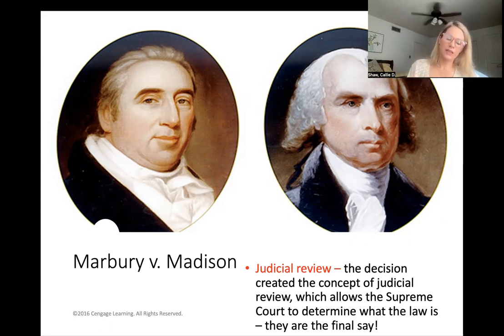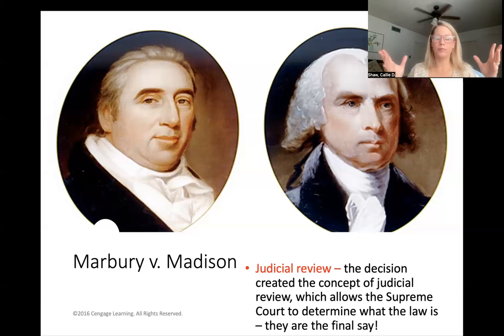So during the debate between the presidential elected officials, or wanting to be elected officials, sorry, I haven't had enough coffee. You had John Adams, who was a staunch Federalist, which means that he believed that the federal government should have power and that this power should be shared with the states, but ultimately the federal government should have more power in a way.